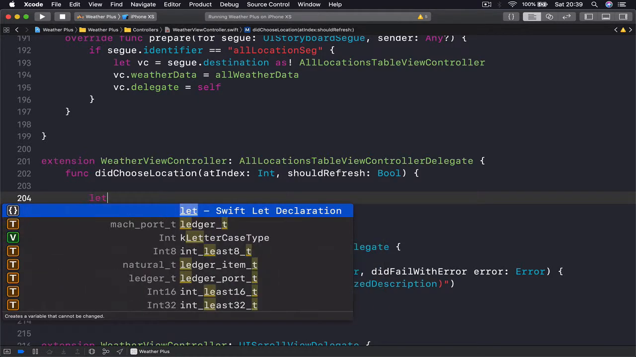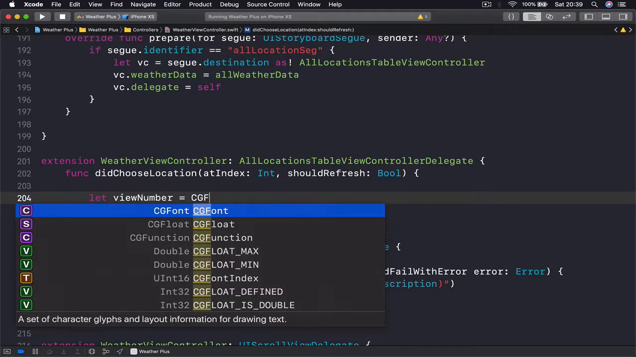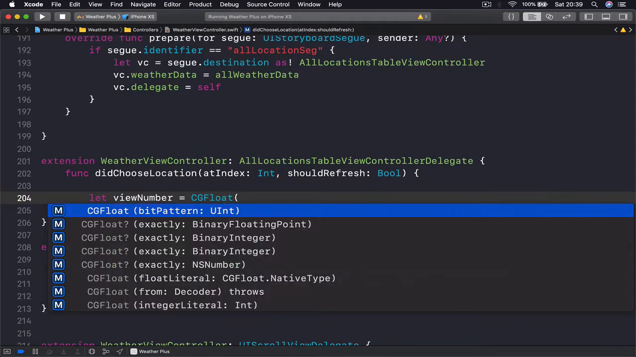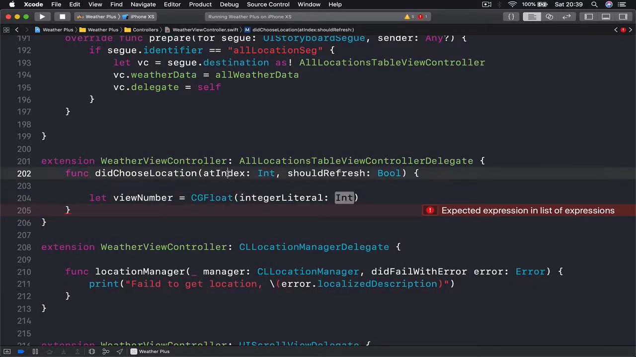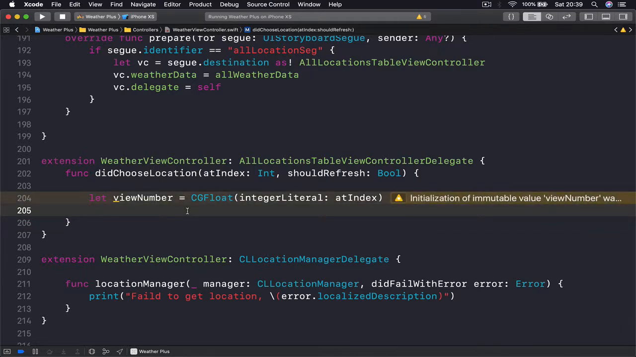So we say let view number is equals to CG float, and you are going to say integer literal, and we want to pass our index here. So we create a CG float from our index, which is an integer. Once we have our view number that we know to which view we want to scroll, I will say let